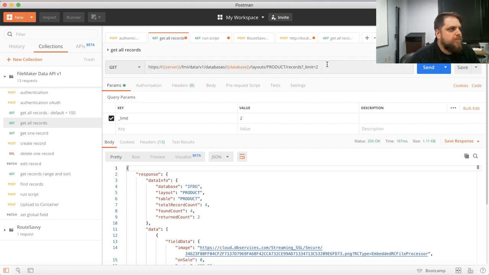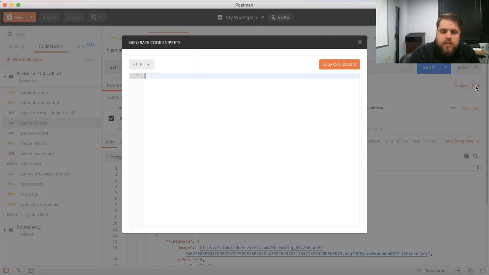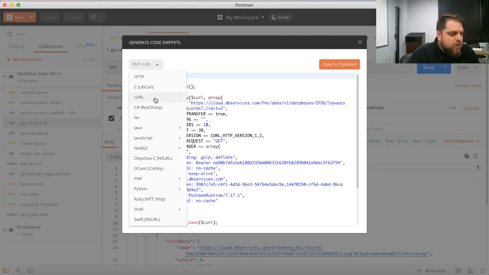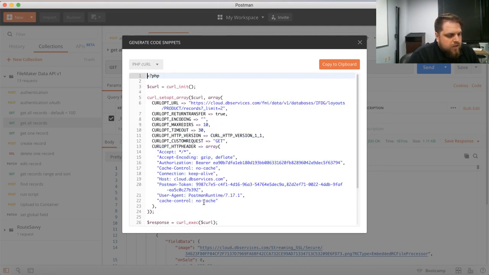This is actually how I did the PHP pages. I went in here, did the query, and then there's this little code button right here. You click that, and they have whatever language you're trying to integrate with. So I just went to PHP cURL. It's like, oh, that's how you do it. Copy, paste, throw it in. I wouldn't say this is the prettiest looking code in the world, but